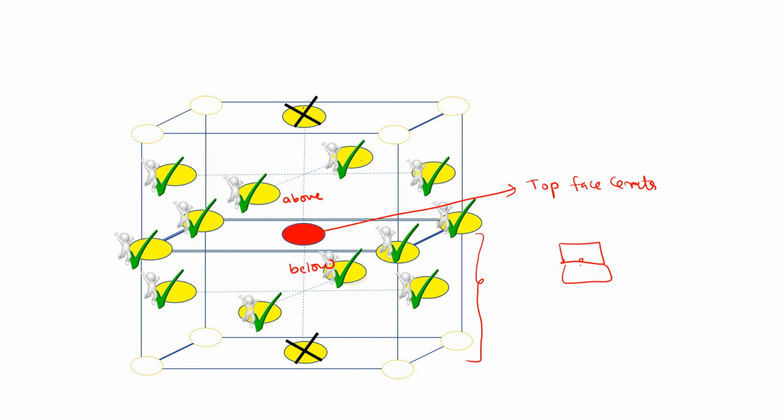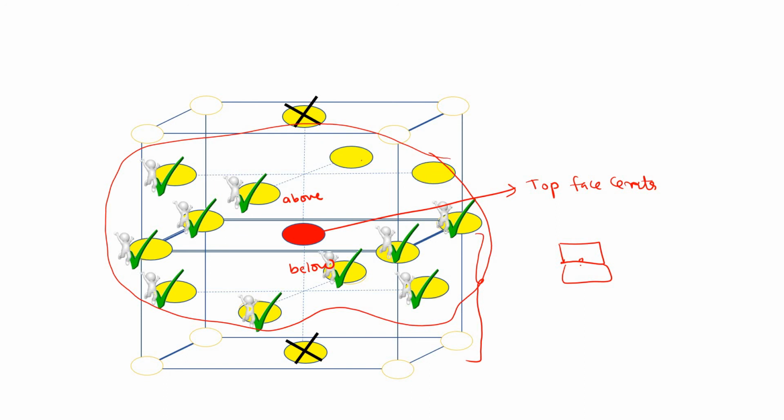The others will not surround here, because they can't be in contact. So this many atoms are contacting this top face. Similarly, if you take the bottom face, we get the same coordination number. If you take the front face, top face, any face here, it will be surrounded by definitely 12 atoms. Therefore, the coordination number for the face center will definitely be 12 only.